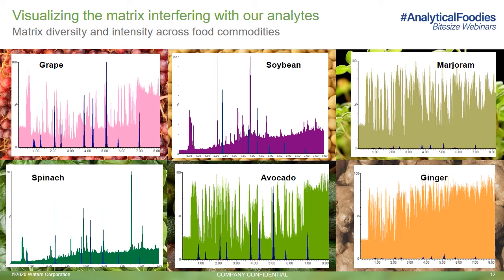So putting RADAR into use, we can see how the profiles of our full scan data and response of the analytes, overlaid here in blue, varies across commodity groups and matrix complexity. In all examples, we've run crude QuEChERS extracts, all on the same LC gradient. The variability shown here across the 6 sample types summarizes well the occurrence of matrix effects that may be interfering in our analyses.